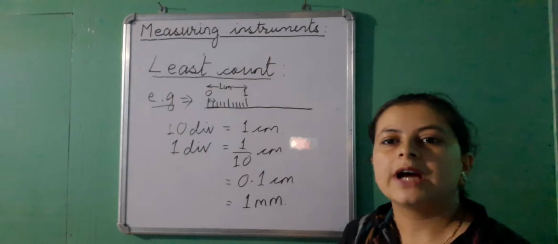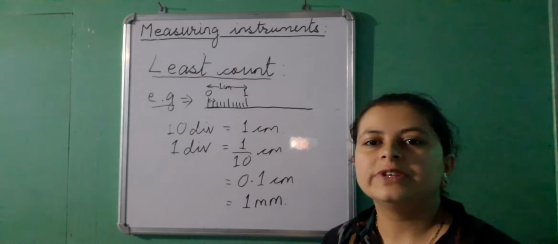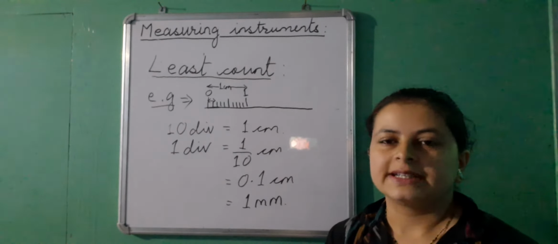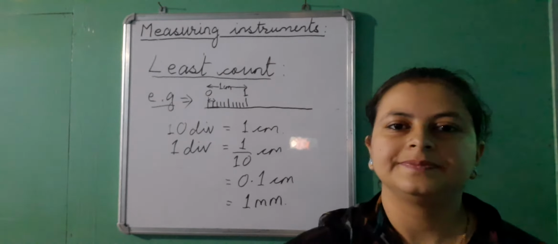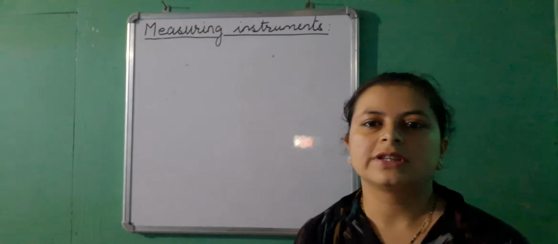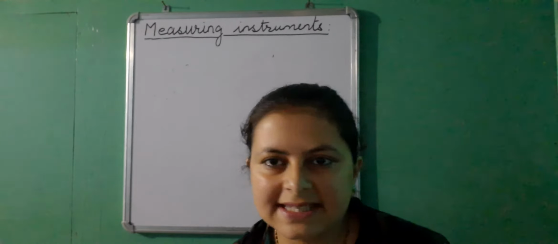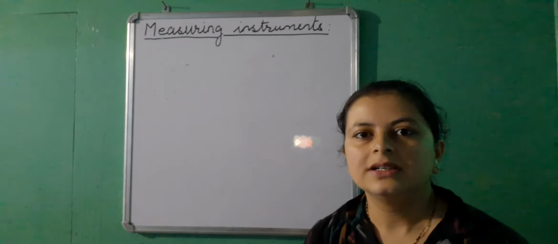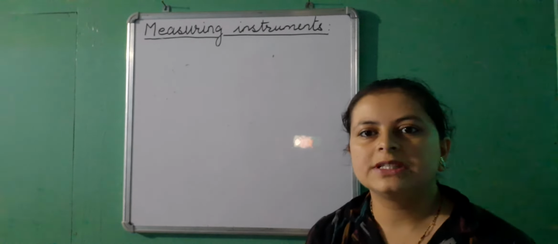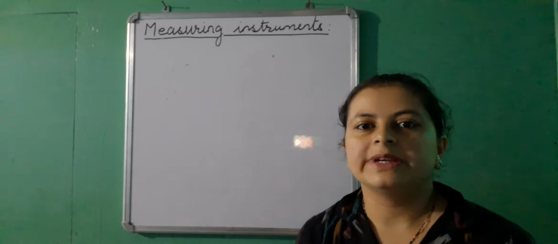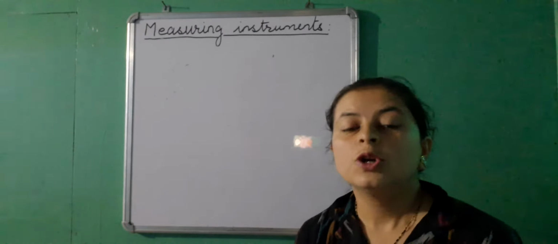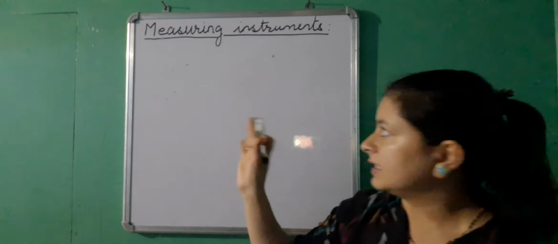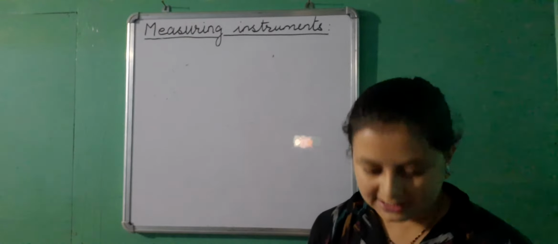It cannot give you an accurate reading of any value which is less than 0.1 centimeter or which is less than 1 millimeter. That is the meaning of least count. So that was least count of a scale, that is equal to 0.1 centimeter or 1 millimeter. Okay, if you want to take finer measurements, we have to go for some sophisticated instruments like a screw gauge and vernier calipers, whose least count will be even smaller. Okay, but we are not going into that. We will stick to a measuring meter scale only right now.